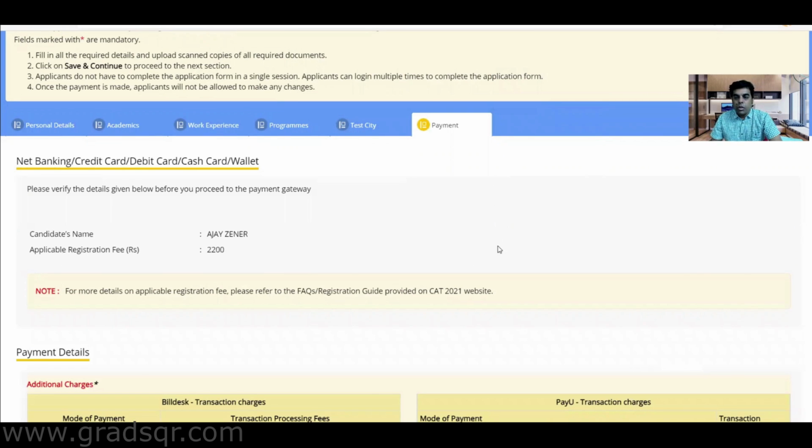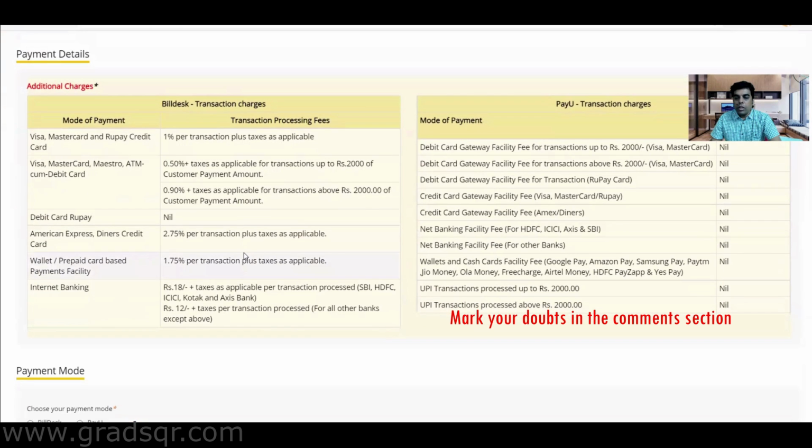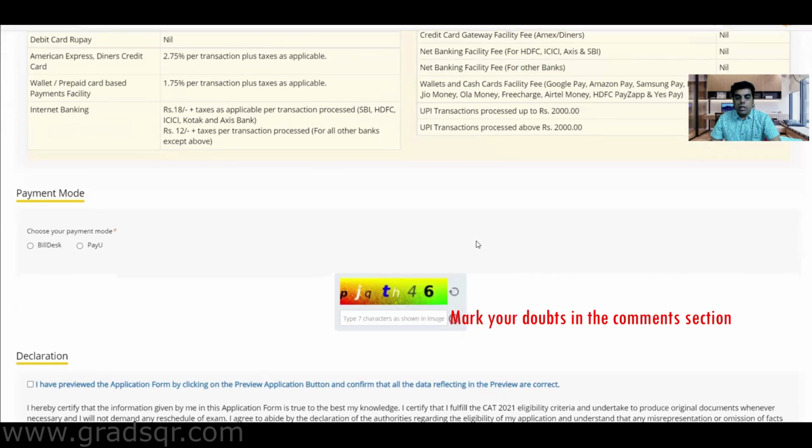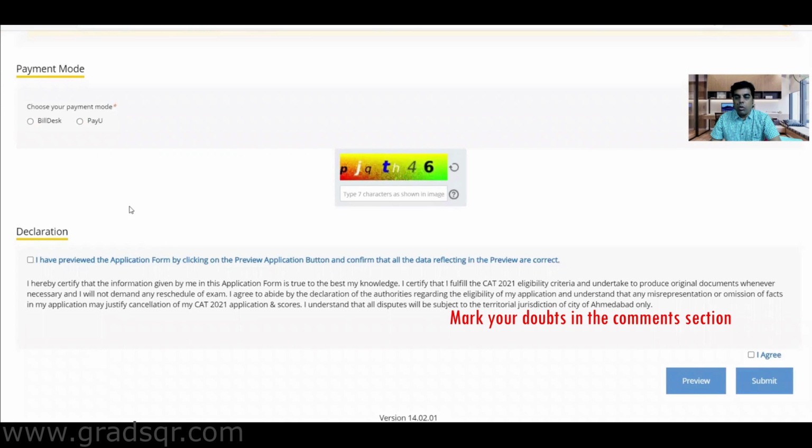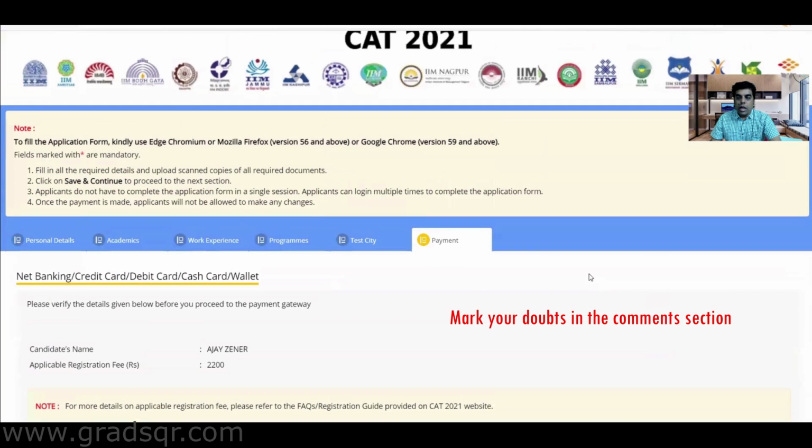And that's it. Now see this last section which is there. This is the payment section where it is now asking us to make a payment. And if you see here, it says the 2,200 rupees payment we need to make here. And the mode of payments and the details and everything is given to you. So you just have to go ahead now and click on the declaration and make the payment online. So that completes your entire form. And make sure that you don't commit any mistakes in this form. And make sure also that you are 100% sure of whatever you have filled in and uploaded onto the CAT portal.